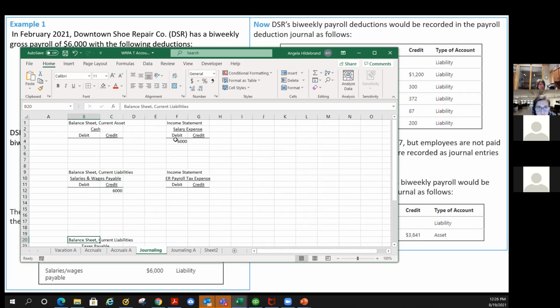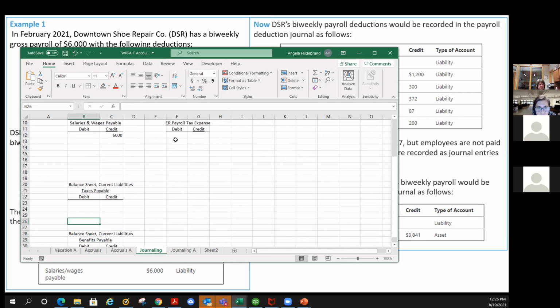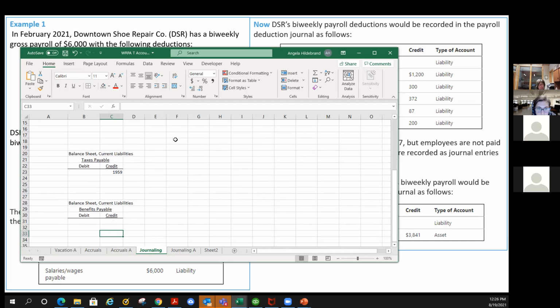Some random numbers here. And I have taxes payable, right? Which is a credit on my balance sheet. So I know I have federal income tax, state income tax, Social Security, and Medicare, right? So I owe that to a governmental agency, and health insurance. So I owe this as a liability until I credit my cash and debit this and get rid of it,